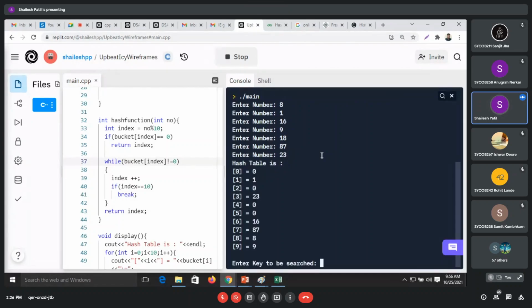Okay, then we'll make 23. So now 18 is not placed anywhere. Okay, but there are a few empty spaces. This is empty space, this is empty space, this is empty space, this is empty space. Okay, so now how to put that above to that?